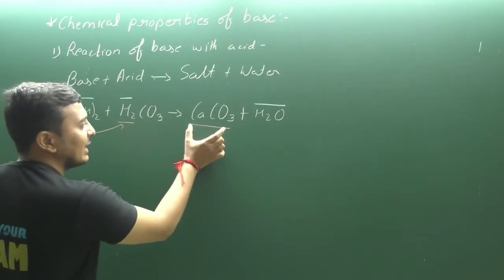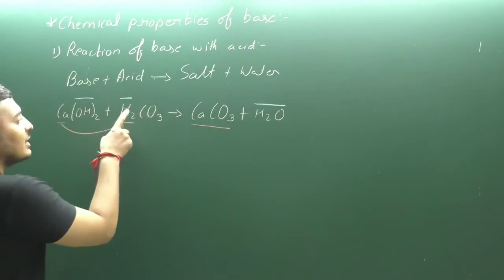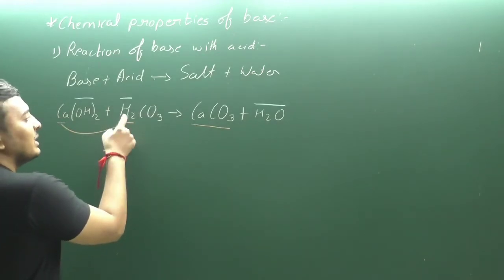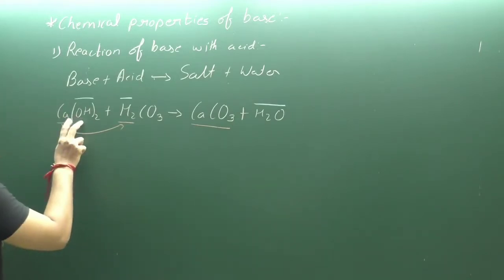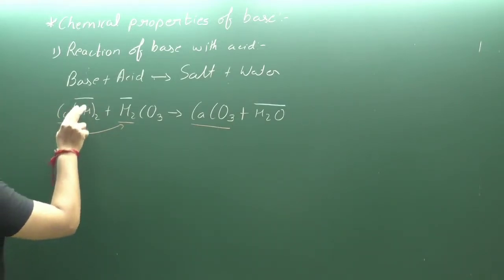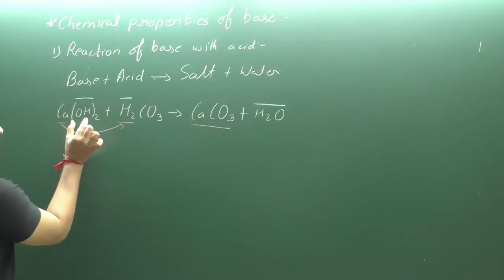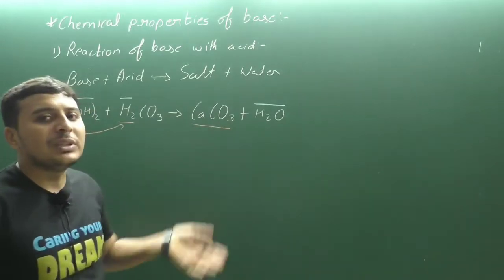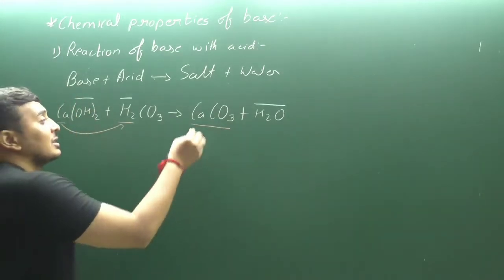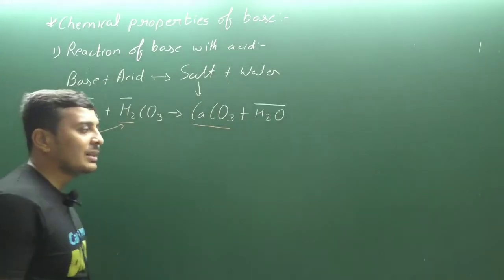Here it is not an acid, it is not a base. How can we say that? Acids are the compounds which have hydrogen in them. It means in most acids H is in front. The compounds which have hydroxide in them are known as bases. It means in each and every base there is an OH at the end. Here there is no H, no OH, so obviously it will be a salt. So, this compound is salt, and H2O is water, quite simple.